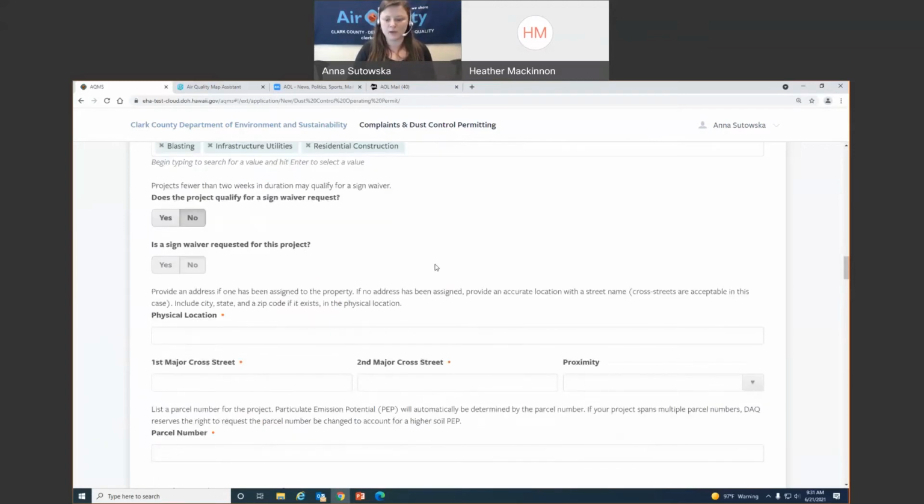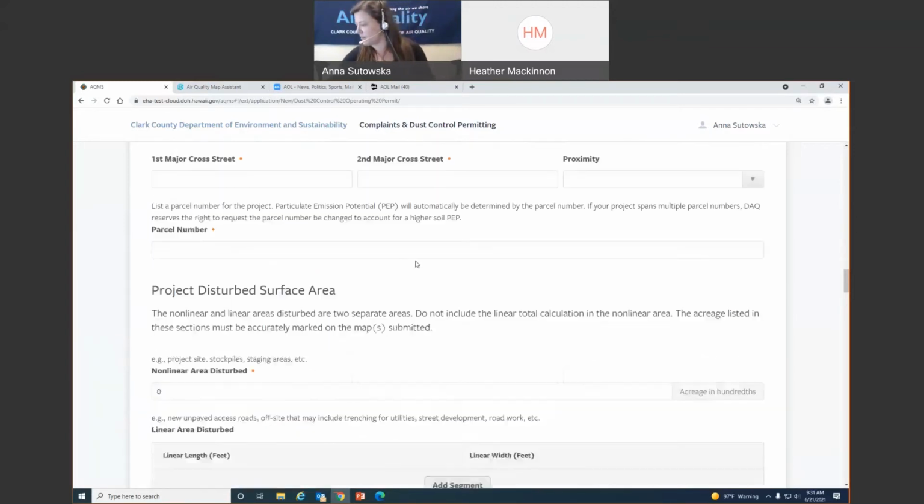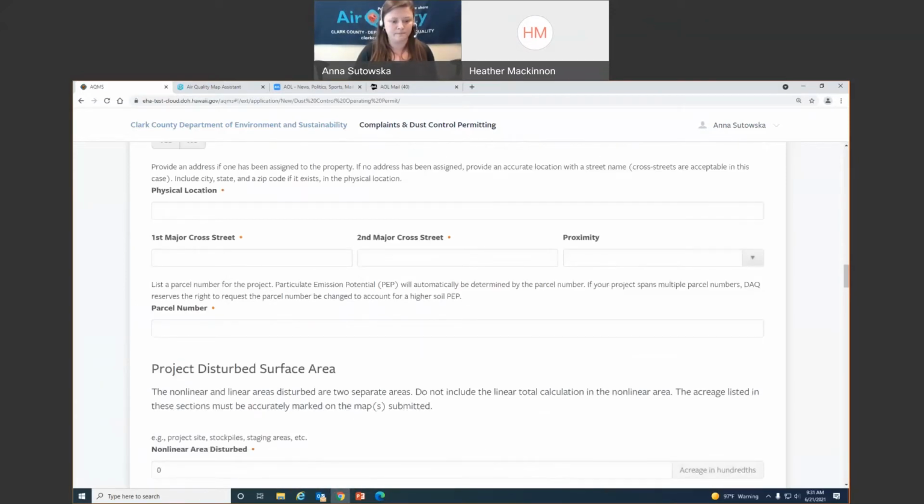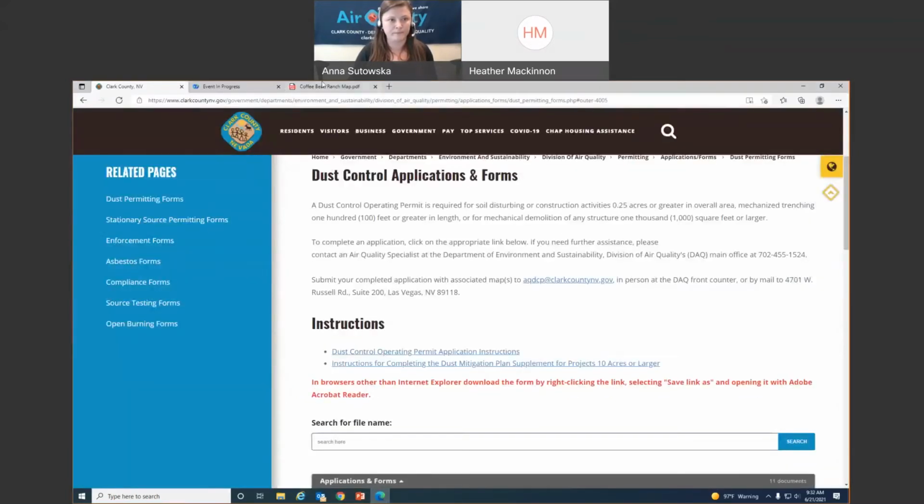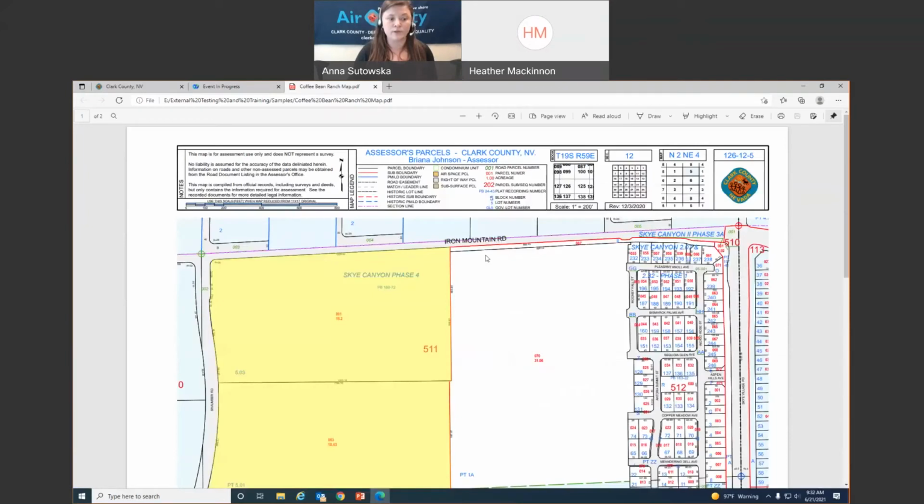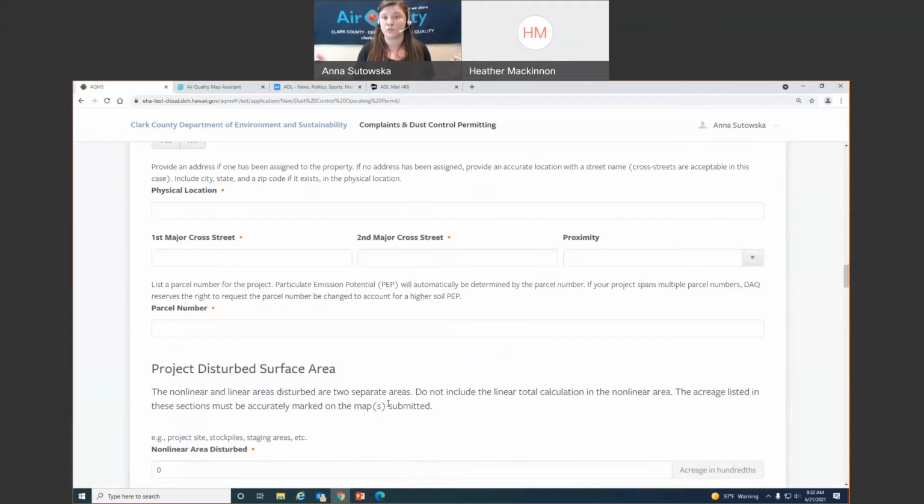Okay, the physical location. What is the physical location of my project? Well, this is on, let me open up my map, Iron Mountain Road and Schaumburg Road. I don't have an actual address yet because it's all just raw desert land. If you're demoing a house, you're going to put the house address here. So we are going to say, spelled correctly, Iron Mountain Road